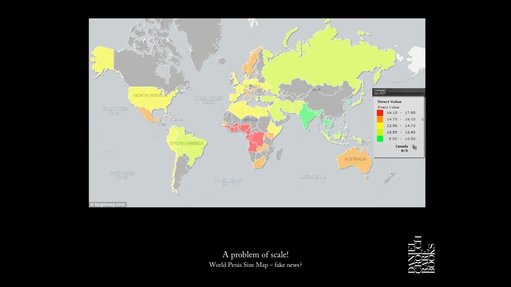Talking of problems of scale, and this one, please don't ask me how I found this on the internet and what I was looking for at the time. It's a chart of world penis size. And interestingly, you'll see that